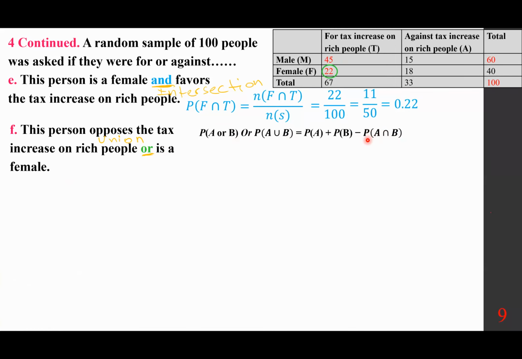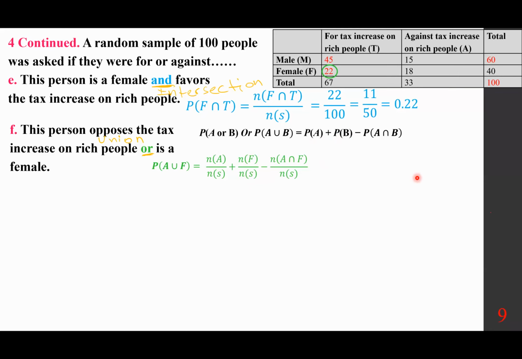And I hope you understand why we take off the intersection, because this is part of A as well as part of B. So we don't want to account for it 2 times. In this case, the person opposes the tax increase. That means this group A, or is a female, that means this group. So the probability of A union F, which we can write in this format, by the way, probability of A is N of A over N of S. So N of A over N. Probability of B is N of B over N of S. So N of F over N of S, and the intersection, which means the denominator is the same thing, namely